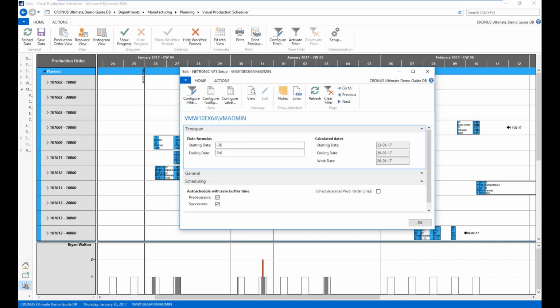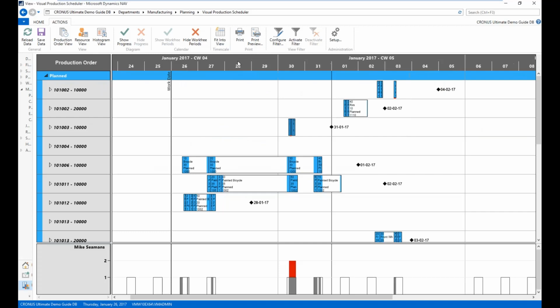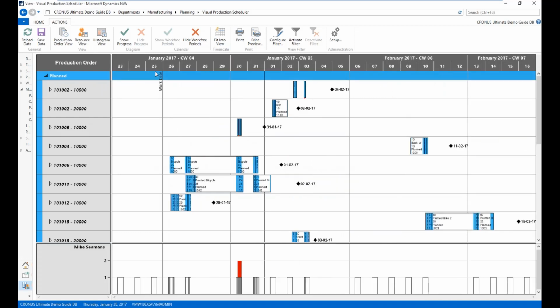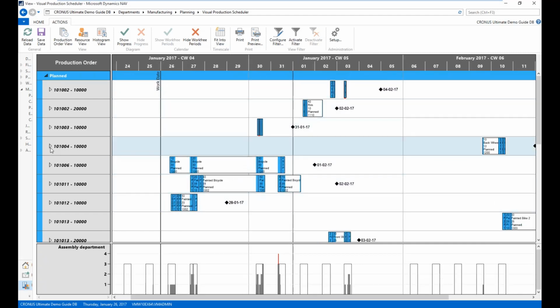So I'm going to switch this to -3 days and out 3 weeks. Yes, I'd like to reload the data. Okay, so now you see when I come back here, I'm looking back 3 days and out 3 weeks. So this is how we really predicate and base and build this picture and this schedule. Now on the screen itself,